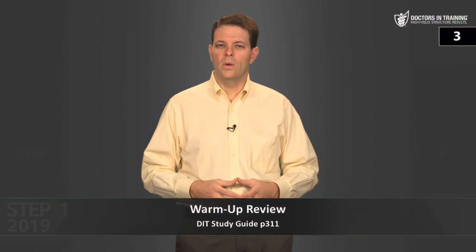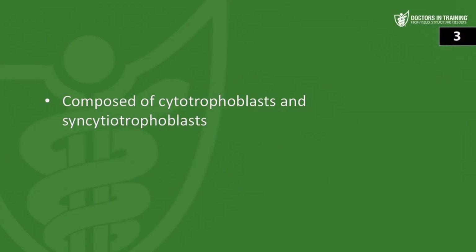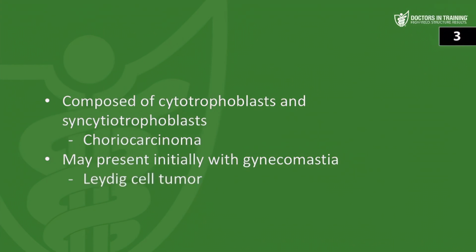And the last one, which testicular tumor is associated with each of the following statements? So composed of cytotrophoblasts and syncytiotrophoblasts is choriocarcinoma. May present initially with gynecomastia is Leydig cell tumors, or rarely you can get a Sertoli cell tumor that can